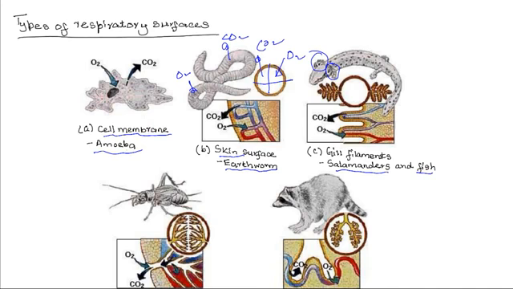Gills consist of tiny filaments that expose a large surface area across which gases diffuse in and out. So, on the surface of these filaments, carbon dioxide will diffuse out into the surrounding water, while oxygen will diffuse across the surface and into the blood vessels through which it is transported to the rest